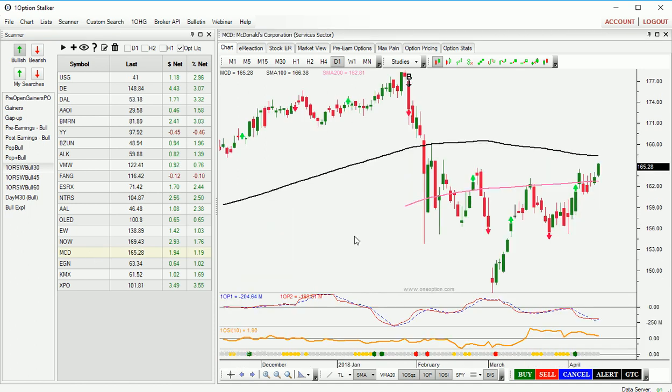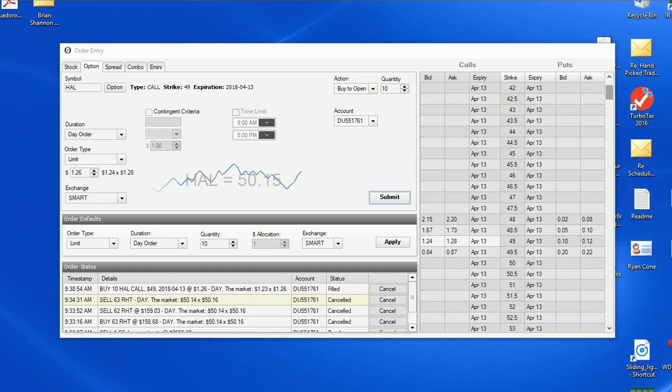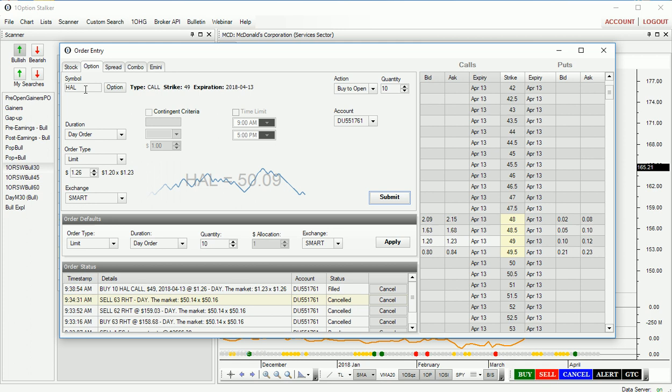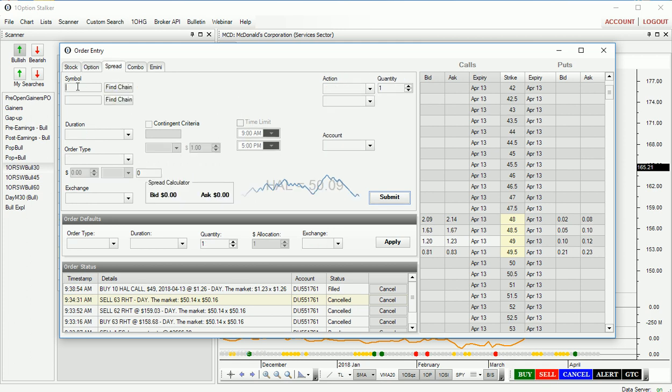That looks so much better. Good relative strength. You've got a divergence here. You have a buy signal and you have negative pressure. That's a divergence. We're above that level. So we're going to key off the 200-day moving average, which is 162.80. Let's see if we can sell a 162.50 put. So I'm going to bring back up my order entry screen, and I'm going to go to spread tab, and I'm going to enter symbol MCD,